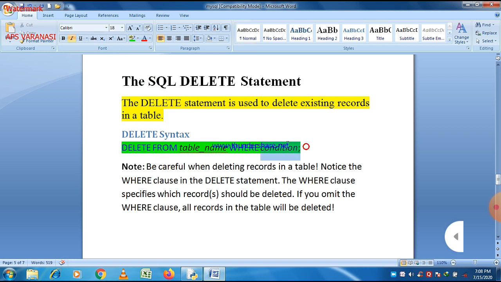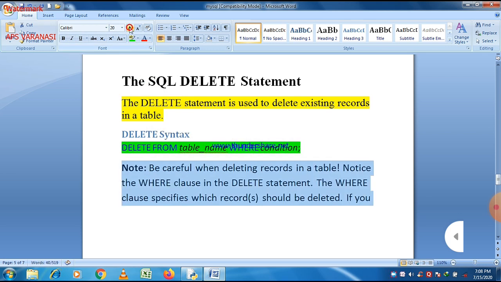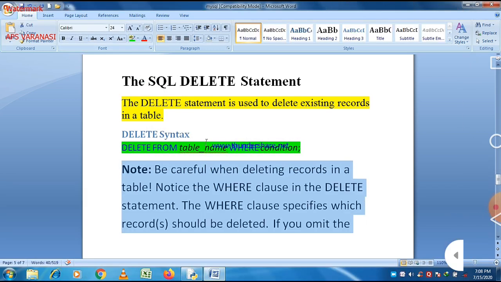So that is a very important point. And one question is always asked: what is the difference between the delete and drop commands? With the delete command, we are able to delete a particular or certain number of rows in our database or in a table. But when we use the drop command, the whole data with its structure will be deleted. That is the basic difference between drop and delete. Now always remember that the where clause is used only with delete, not with the drop command. So that is another most important difference between the delete and drop table commands.